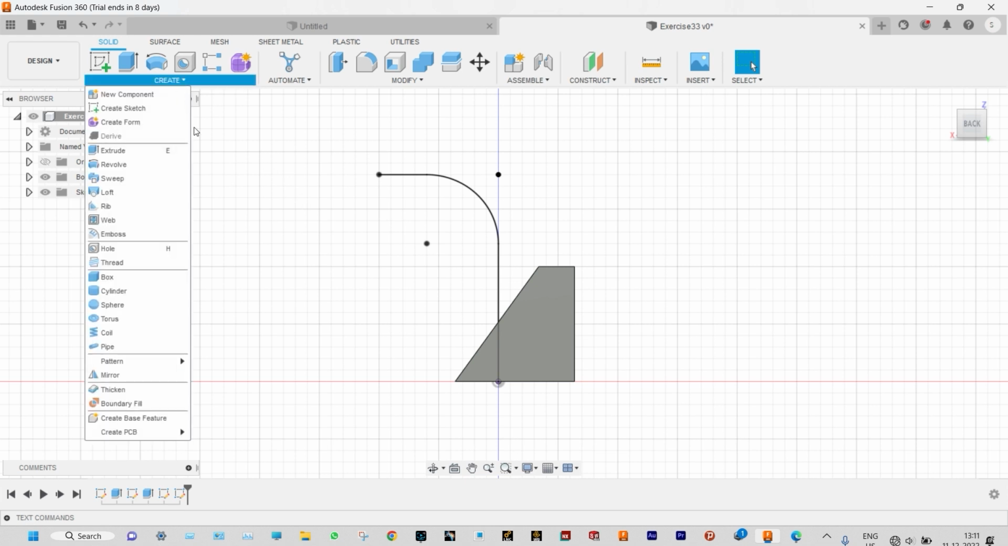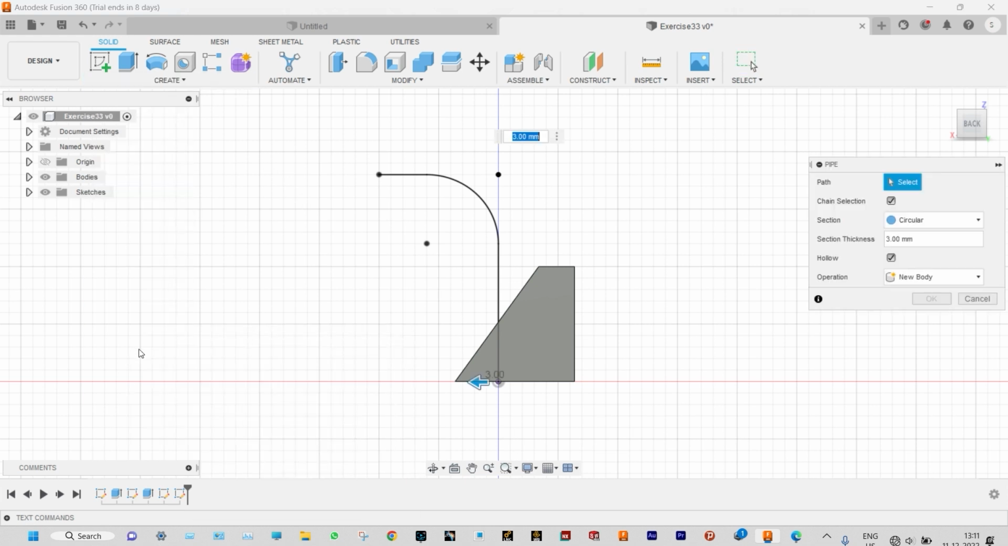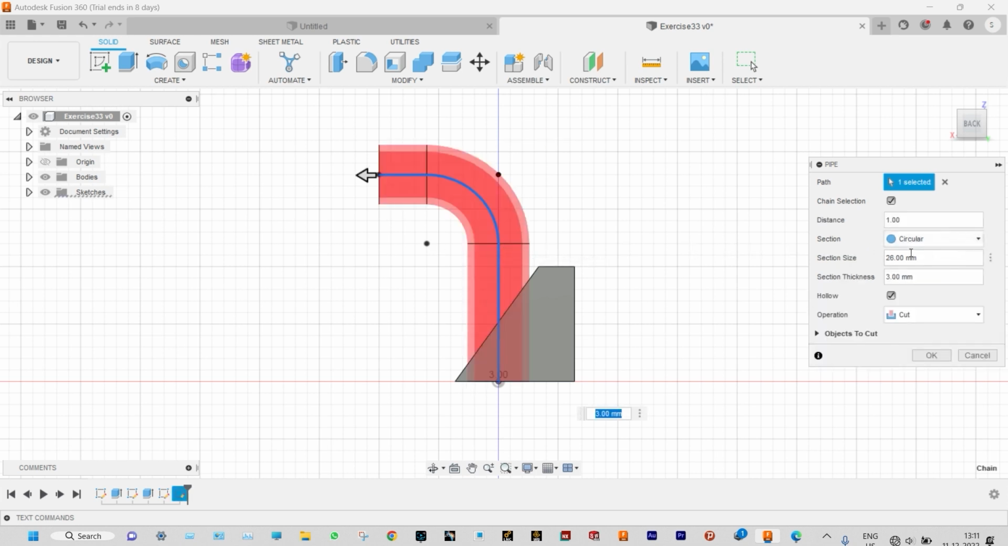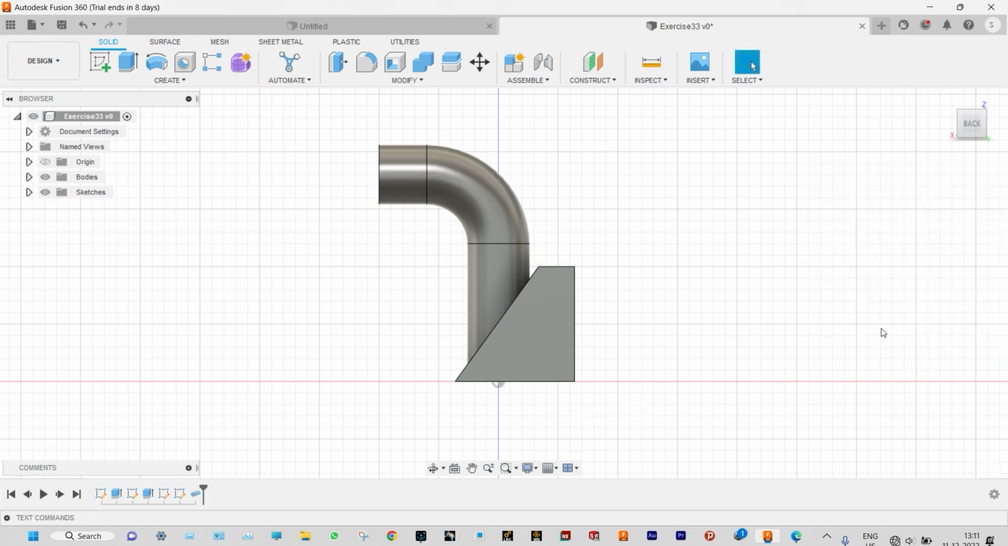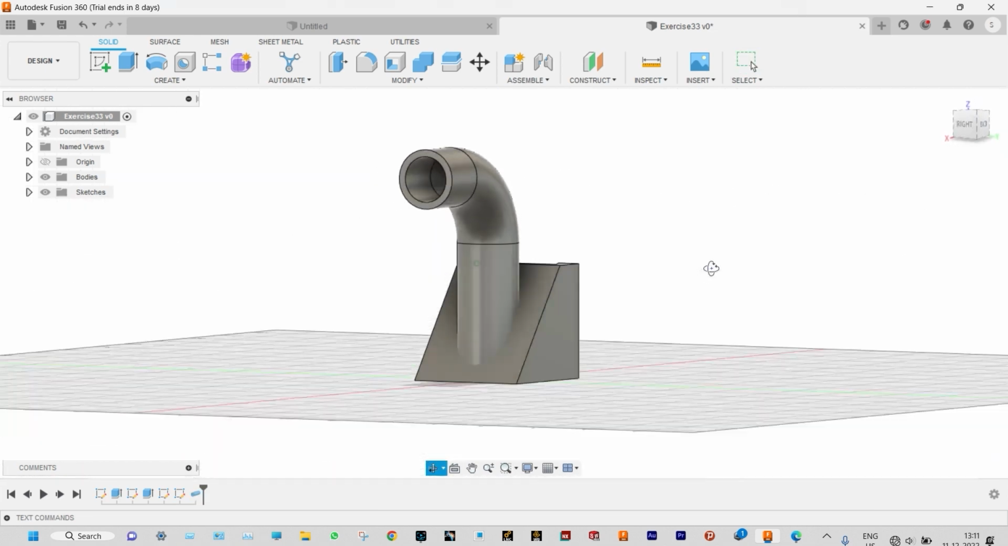So let us create a pipe, and we need to select that path. In this case the external diameter is 26 millimeter and it has a thickness of 3 millimeter, and in operation we are considering this one as a new body, done. Okay, fine. Let us see this one, right,